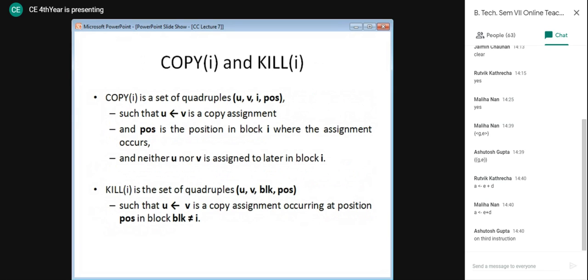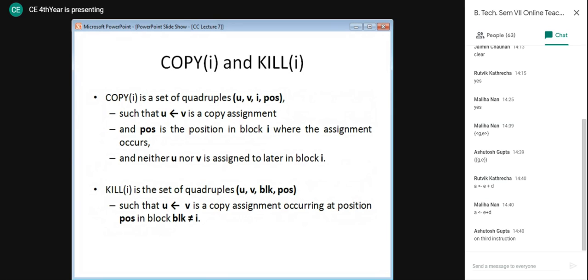Now this copy and kill set are defined as quadruples. Whenever we use set notation to represent our copy set and kill set, we will use a quadruple, meaning each element will consist of four entities.